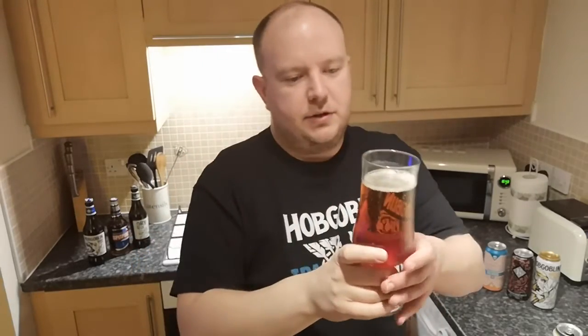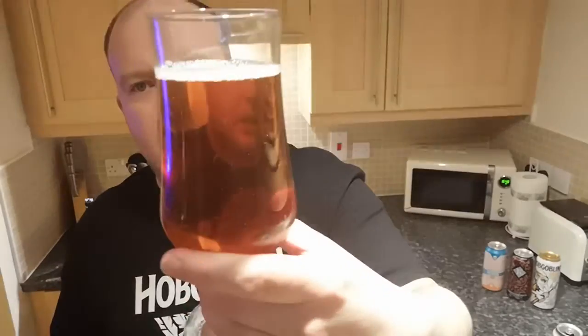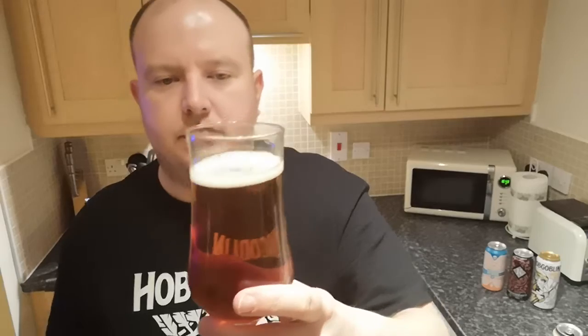That's what it looks like. So we've got some fizz going on there in the glass, bit of carbonation, not overly carbonated, not much of a head going on. Let me see if I can swirl it around a bit and get it to liven up somewhat without spilling it all over the floor. Still not much of a head going on. Looks rather thin for 5.6%. I don't know if this is the glass though, because it has been washed up and warmed, so